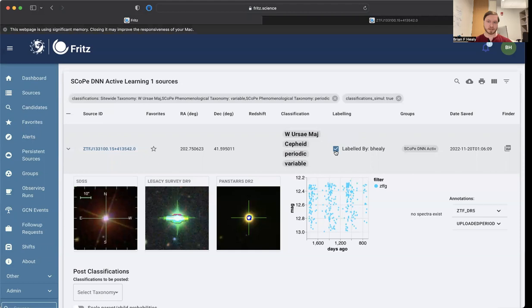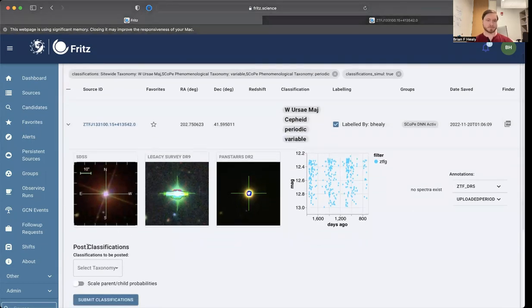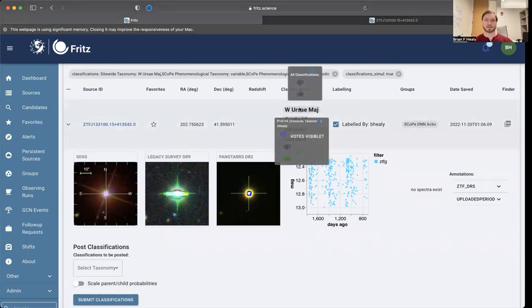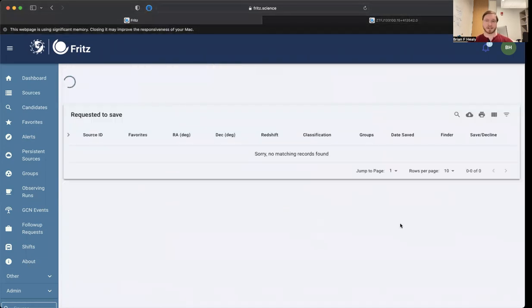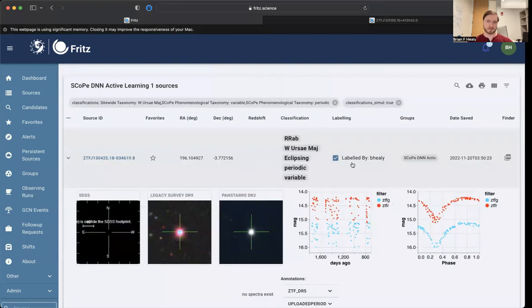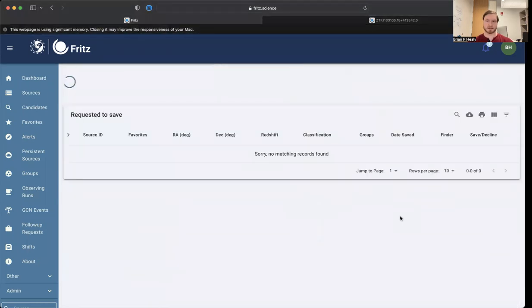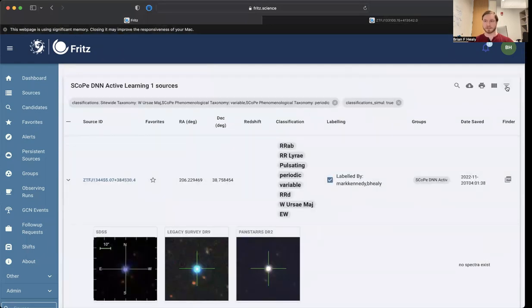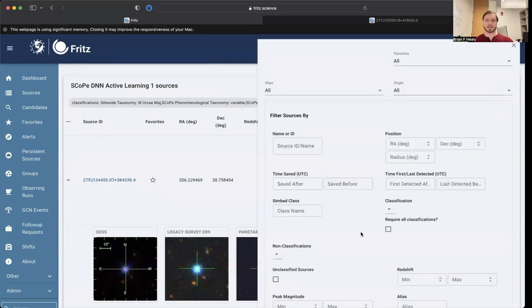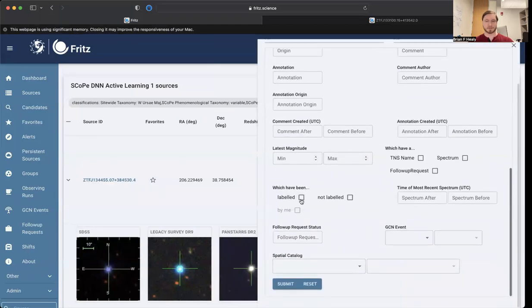It's triggered by either votes, or adding a classification through the post classifications interface down here. And it's also activated if you delete a classification. So any of those actions will check this box, and I'll just go back and show that it has also been labeled in these other sources here; the box has been checked. And so this is very helpful for keeping track of what I've done. And when you combine it with a new part of the filtering interface,